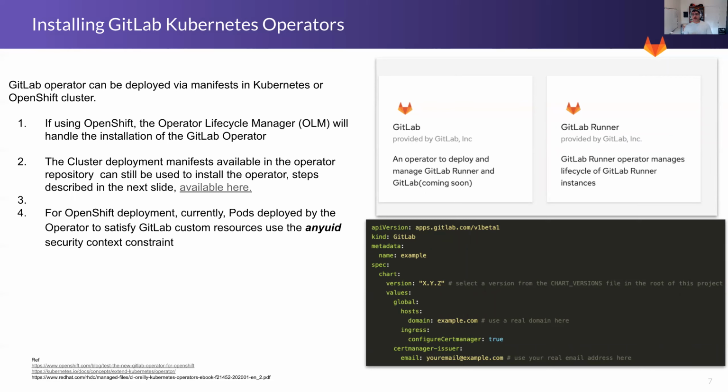Today, an operator is already available and ready to be used in the OpenShift operator lifecycle manager for GitLab runner, where basically I can deploy the GitLab runner operator, and I can define a GitLab runner custom resource using the custom resource definition, within the OpenShift